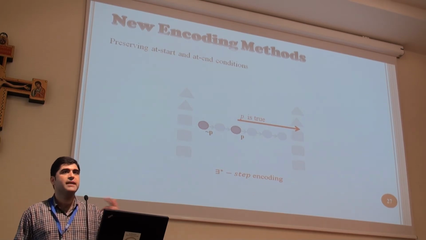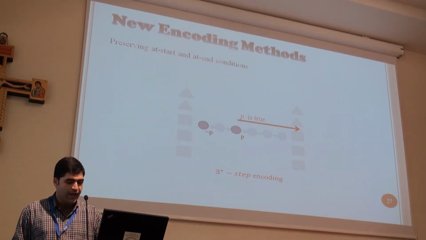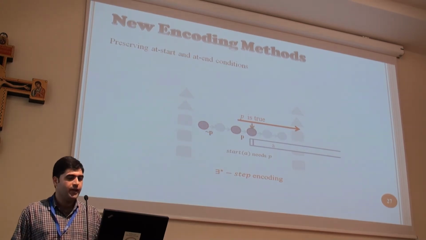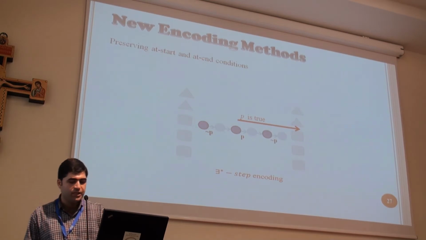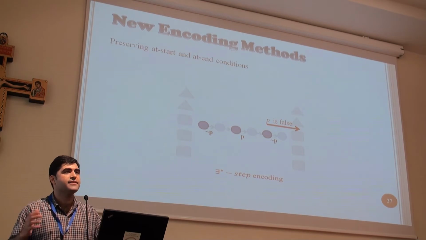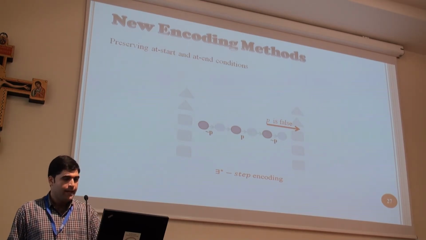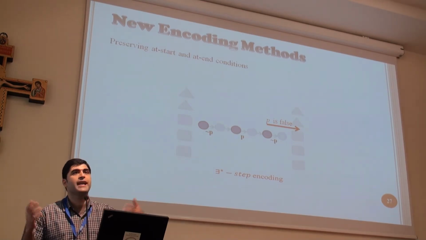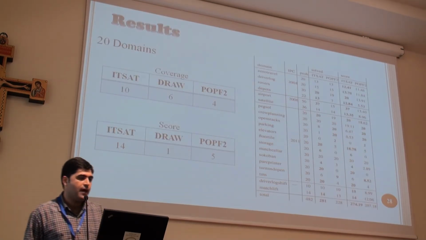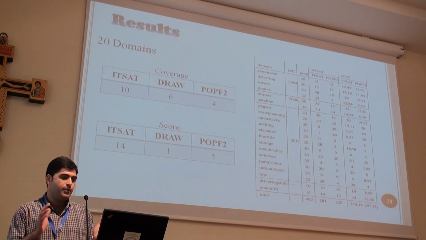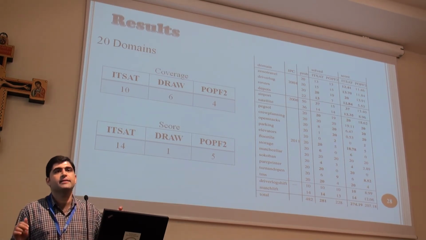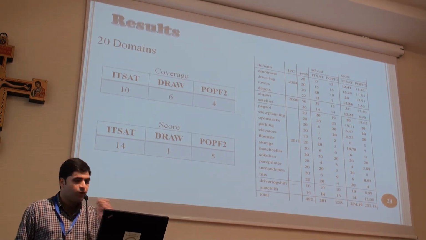Now a message is going that P is true, and this time if A is being executed, it's okay. It doesn't have any problem, and P can be deleted and produced as many times as is needed this way. It's an extension to the classical exists-step encoding, and we have implemented this new exists encoding into